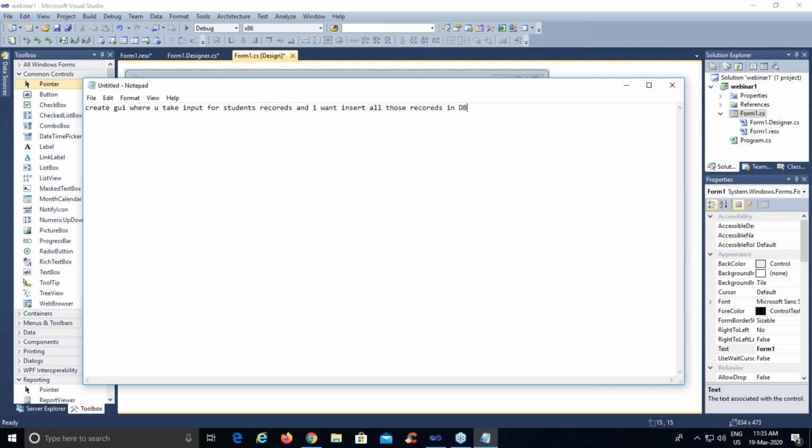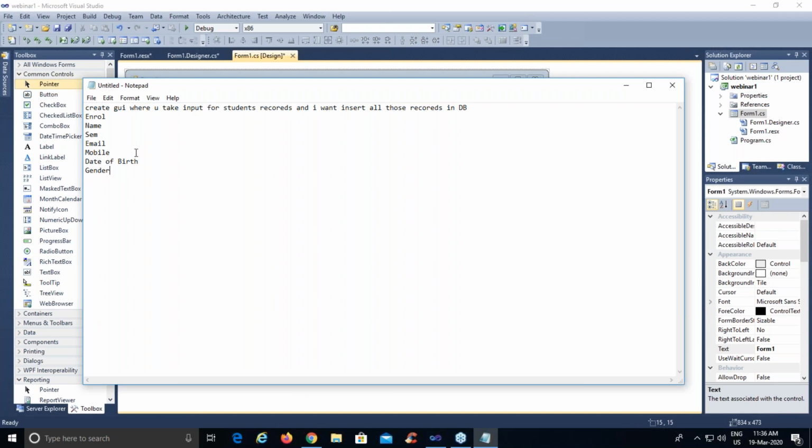What type of student records do we want to enter? Let us say I want to enter enrollment number, name, semester, email ID, mobile number, date of birth, and moreover the gender of a particular student.